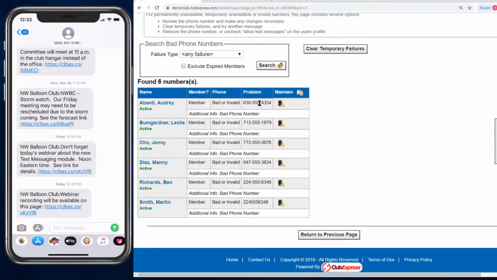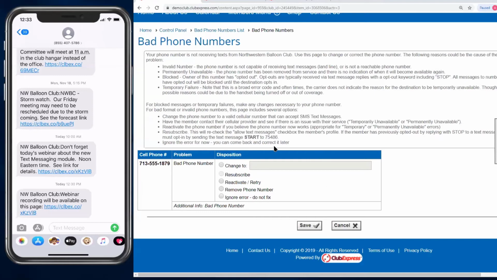But here you can look at the numbers, you can click on it and go to the bad phone numbers list and either change it or retry it or remove the phone number or just leave it alone. So it takes you to the screens, and it shows what all of these do, whether it's an invalid number or if it's permanently unavailable. It just means that the phone number doesn't exist anymore. These are all responses that we get